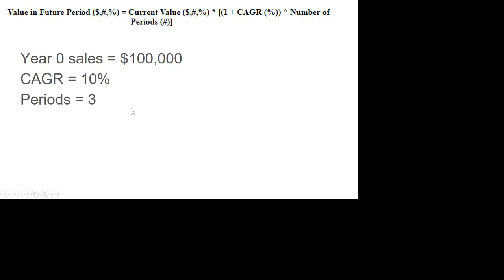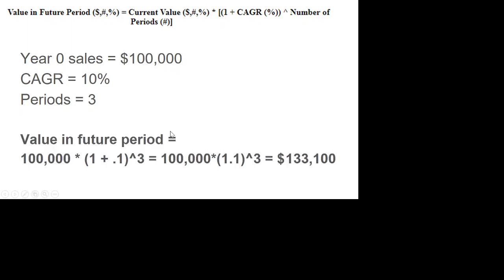Okay. We're looking 3 years down the road. So if our current year sales is 100,000 and we want to look 3 years in the future, we know our historical compound annual growth rate is 10%. What is our value in that year 3 period? So here is our formula. Just plug all this in. Current value times 1 plus the compound annual growth rate to the 3rd power. Okay, calculate that out. You get